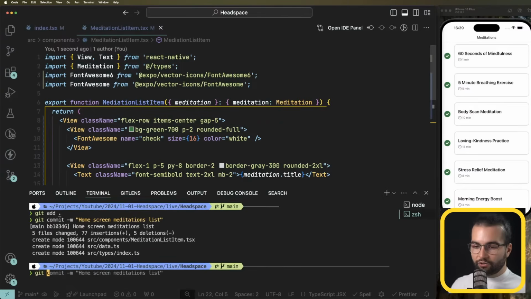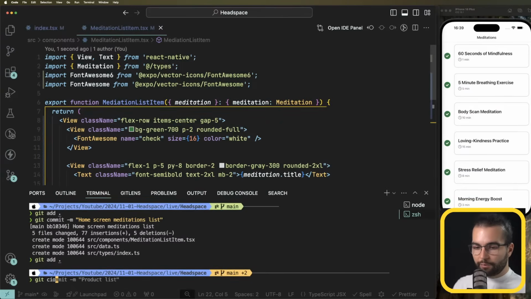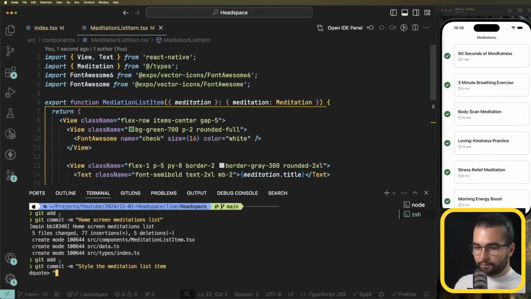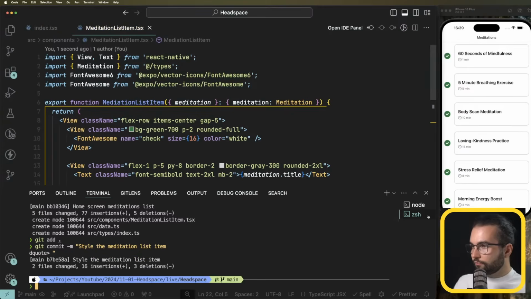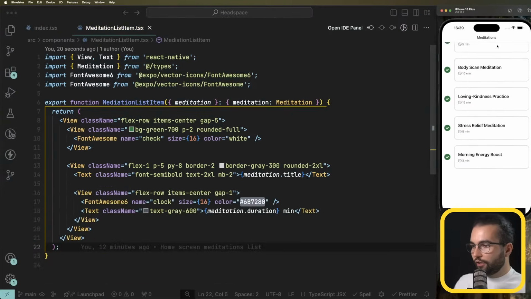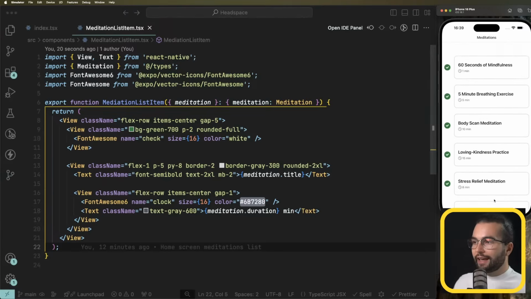We can go ahead and do git add, git commit, style of the meditation list item. Yeah, I think for now we're good. We can go ahead and move to the next step,